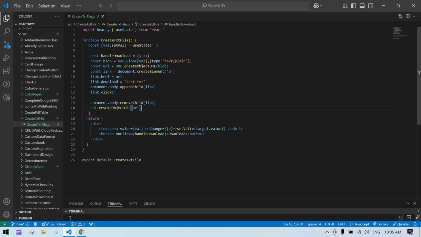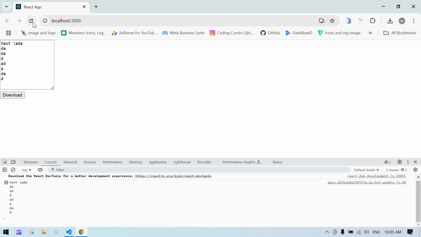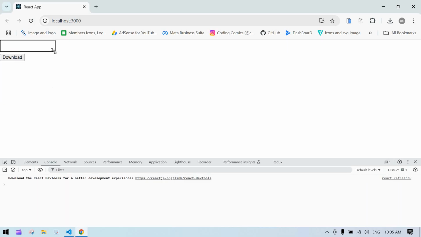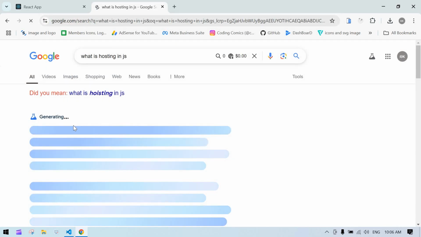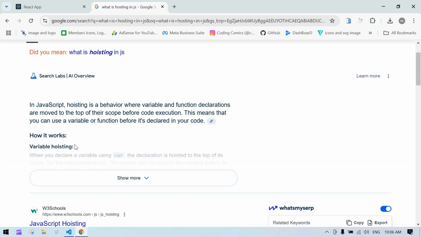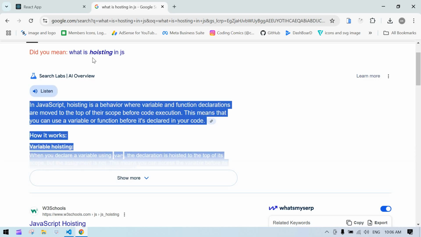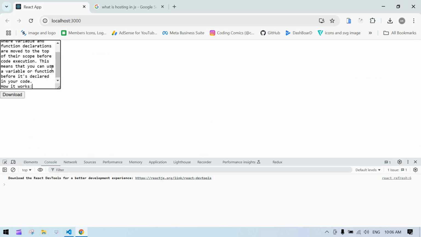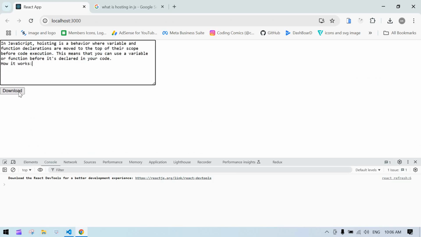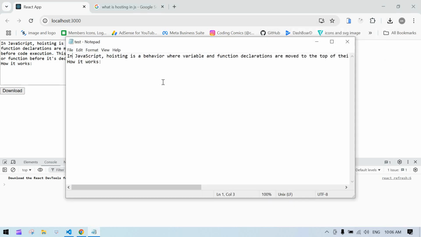Okay, and save this, and I just refresh the screen, and I just increase this. I just go to get some content. What is hosting? I just copy this, I just copy till this. Okay, and I just paste here. This is our content. If I click download, see, whichever we added inside that text area, it is